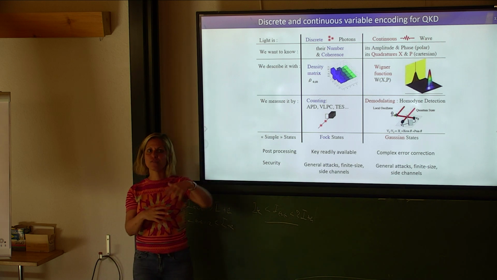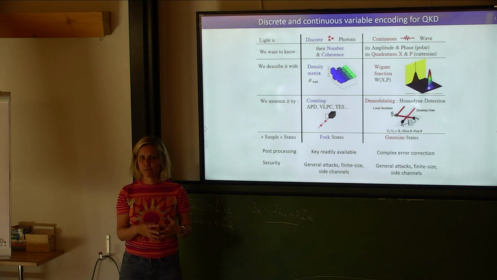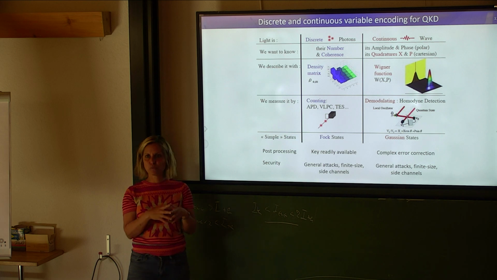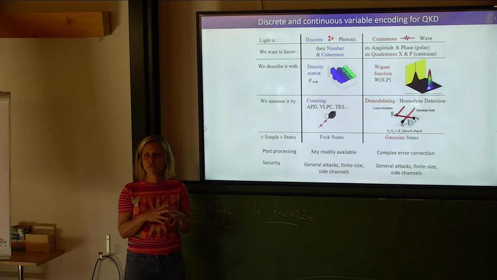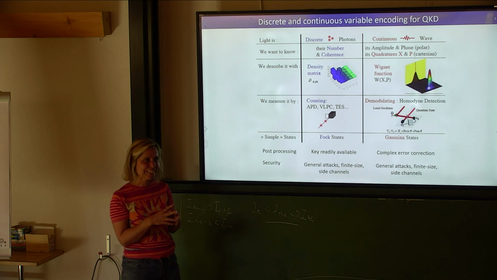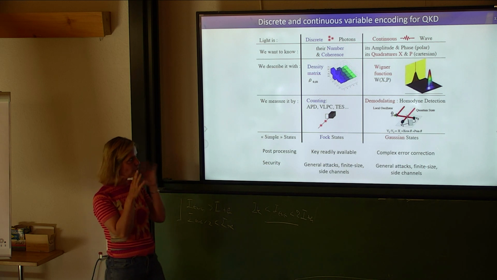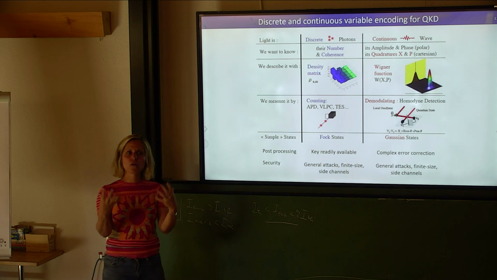This is something that physicists are very comfortable with. I've noticed that mathematicians and computer scientists are very uncomfortable with continuous variable encoding. They really cannot get it. It's a kind of encoding in infinite